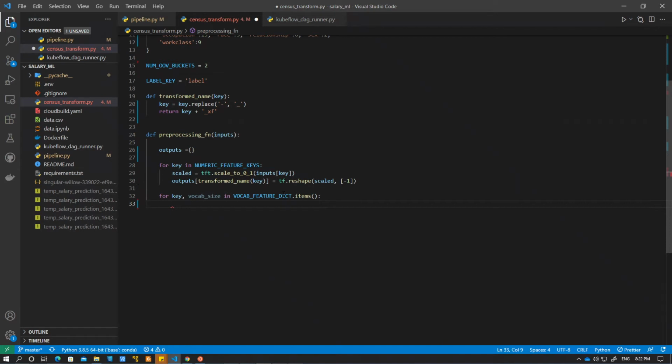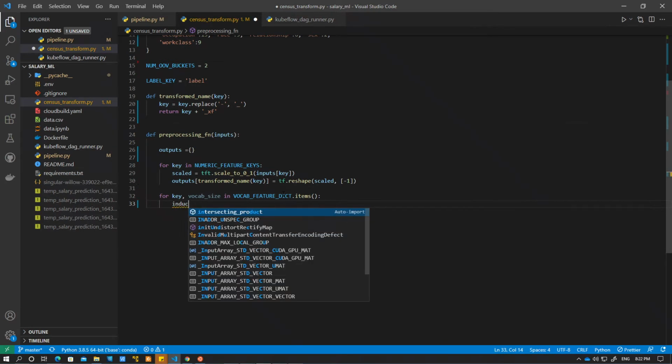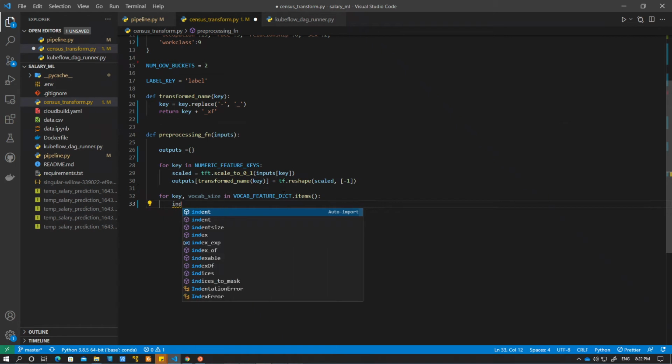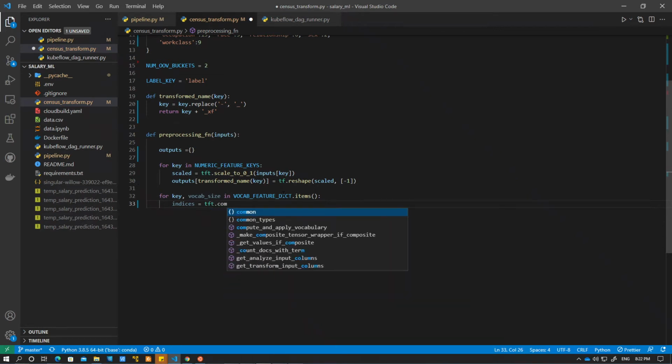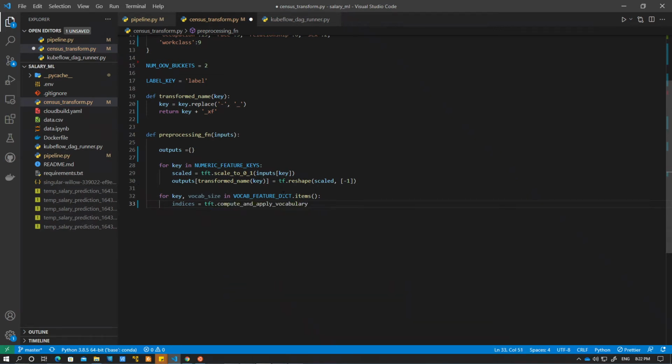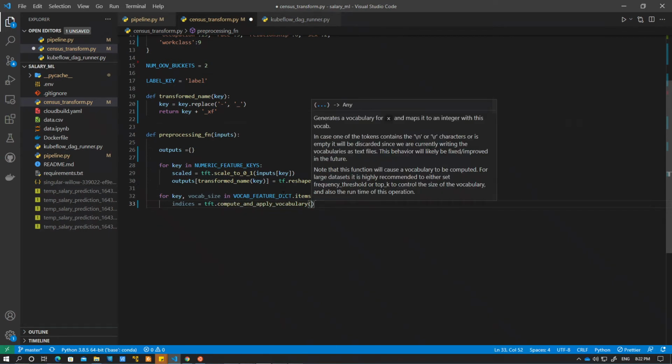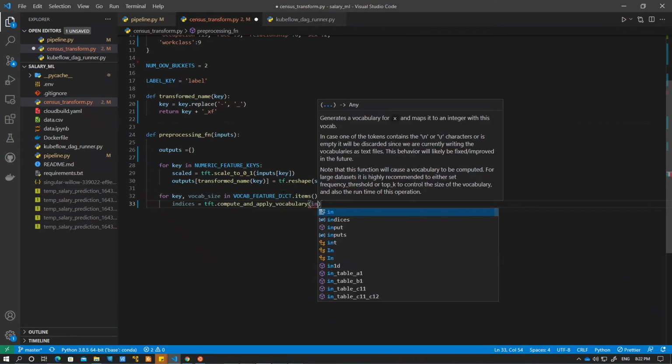And then we have to convert all our vocabularies, right? We have to get some indices of all the vocabularies. So we say tft dot compute and apply vocabulary, and then inputs